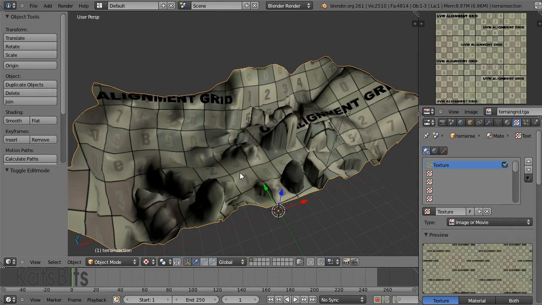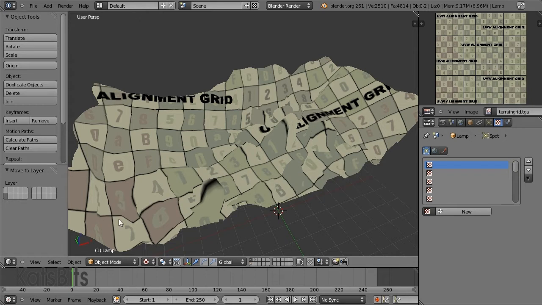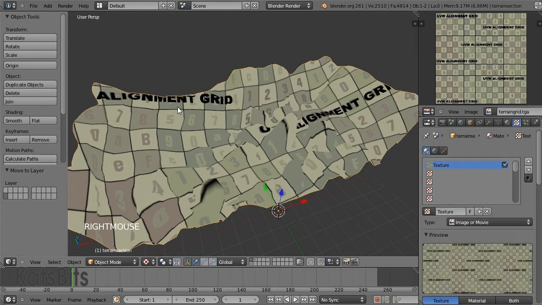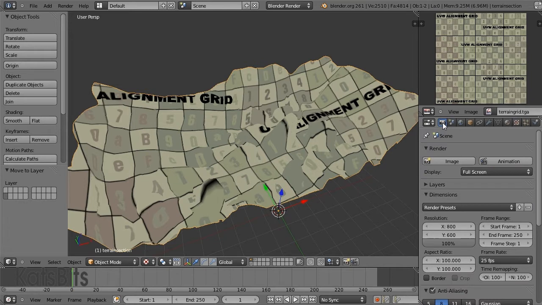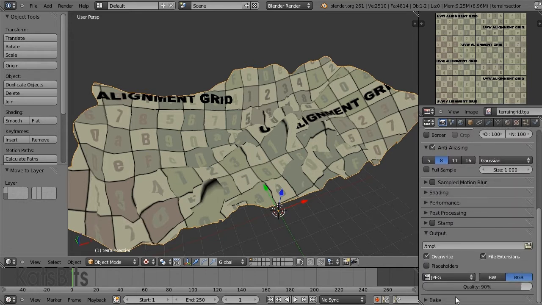Next we need to bake the image, but before we do, just move any lamp objects to a different layer, or delete them if you want. This is just so that we flat shade the mesh so that we can tell the difference between anything that's ambient baked and shaded by the lamp. Select the object, click Render Properties, scroll all the way down to the bottom, and Bake